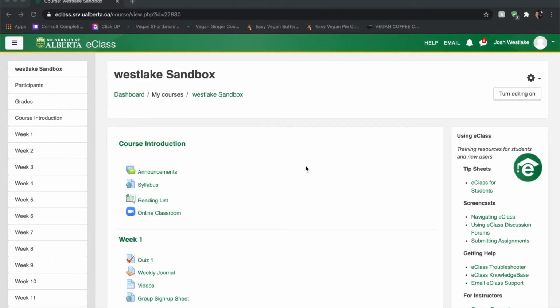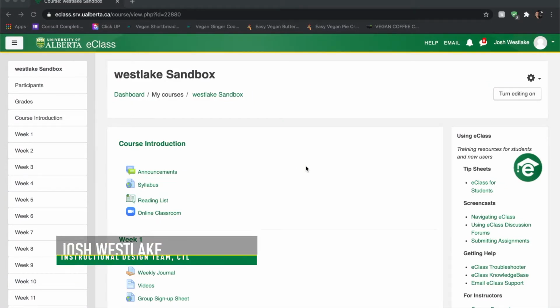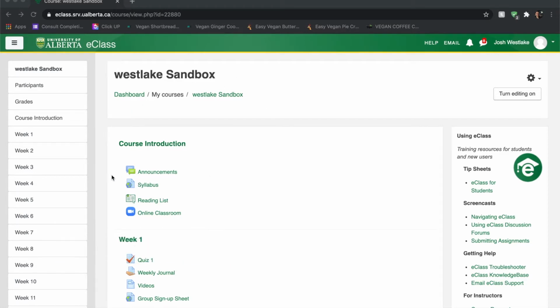I'd like to start this session off by talking about the general layout for a course on eClass. I'm going to do this by using my sandbox that I have, and you'll notice that I've already put in some links and different activities. You may be starting from a blank course, or you may have copied some content over from a previous semester. That's okay. I just want to talk about some of the key concepts that I think about when I'm laying